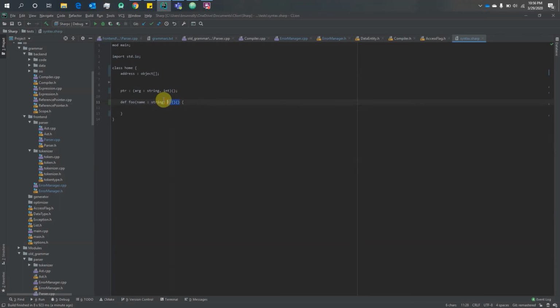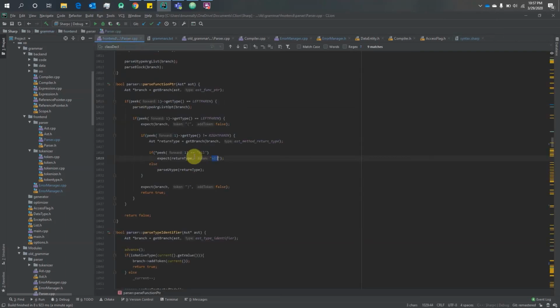So by default, functions don't have to specify that they don't want to return anything. If you don't want to return anything, just don't put anything there. But if you do, let's say you want to return a number, then you can specify I want to return an int. Well, nil is just my own version of saying void. So that's what that means. So we expect nil. Otherwise, we parse the UType,